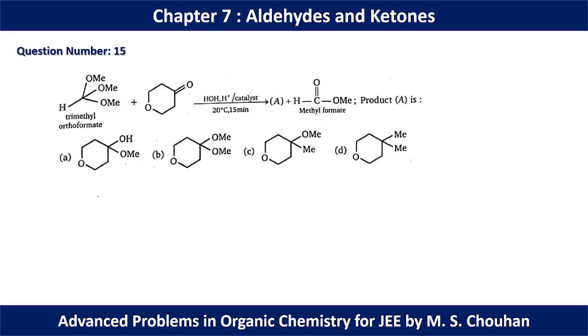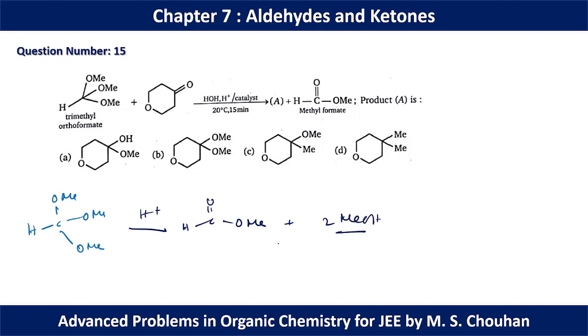In question number 15 we have OMe, OMe, OMe. So this is a masking of A star. So in the acidic medium we can have this kind of situation, A star along with 2 amounts of methanol. Now this methanol can again react with this ketone and finally we can have OMe, OMe type of thing. Okay, so for question number 15, option B should be the correct option.